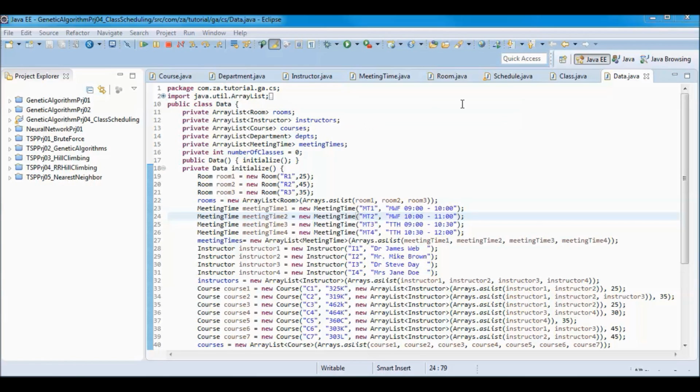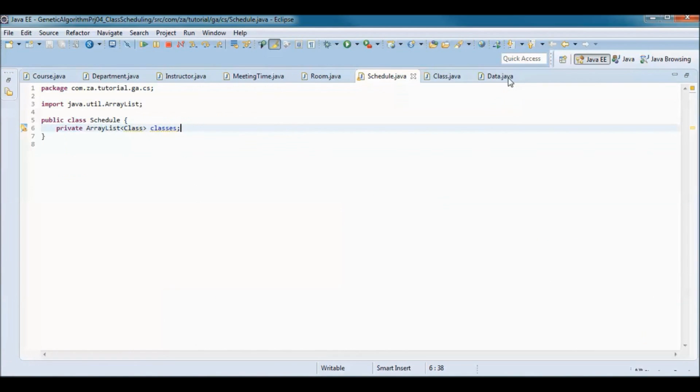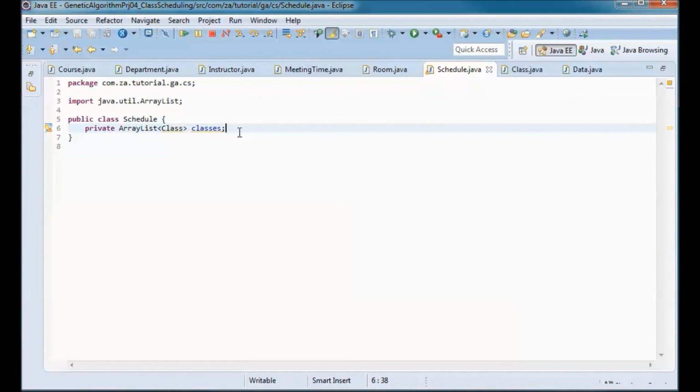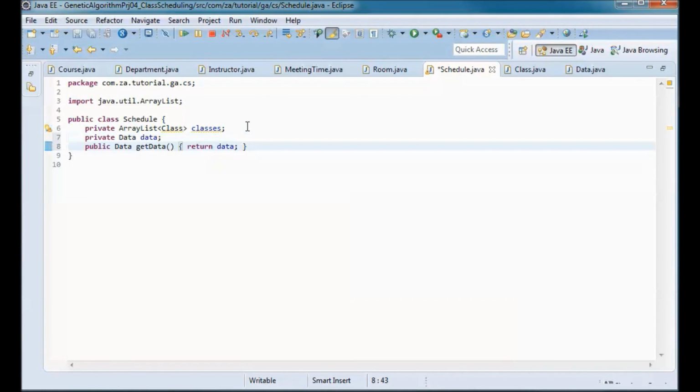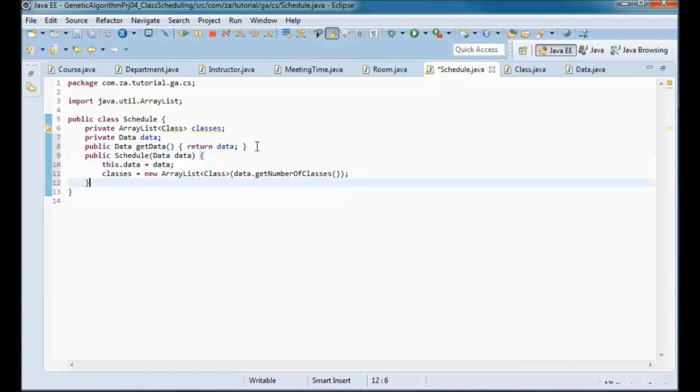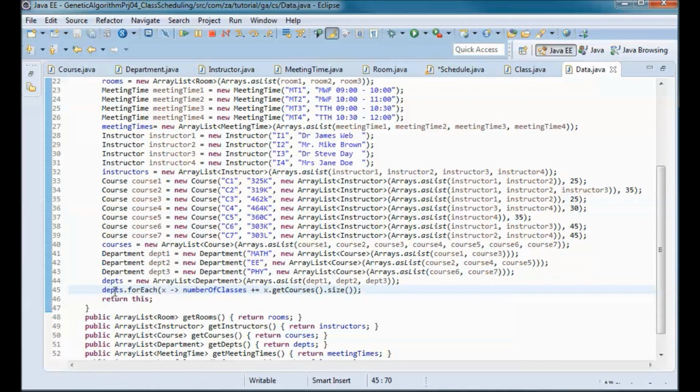Next, let's go to the schedule class. Now here we will be using data coming from the data class. So I'll have a get data method also, and we will have a constructor with data passed in. So this would initialize the data and initialize the array list of classes given the number of classes that we calculated over here.